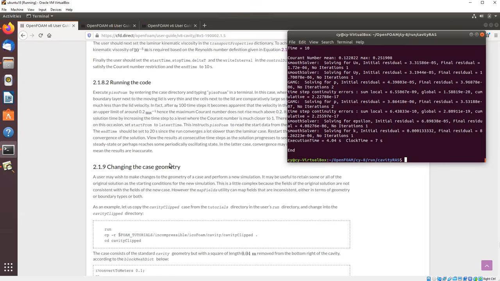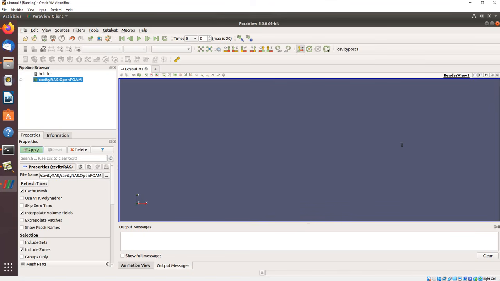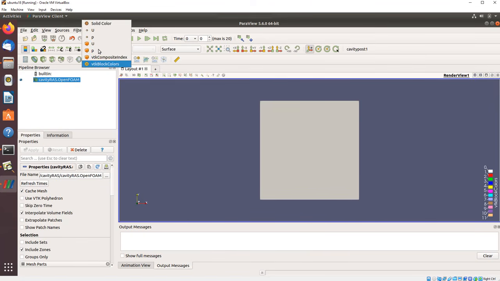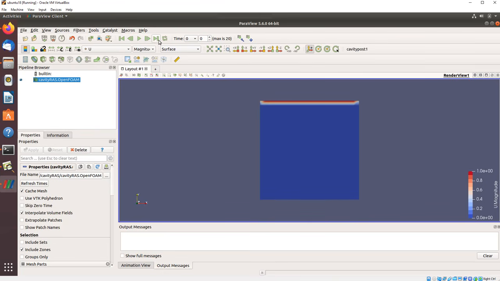Now we can have a look at the results. So, paraFoam, and now you have many more time steps, and you can see the result looks totally different at high Reynolds. This is the last step. It's really not like what I had before. And let's use my macro again